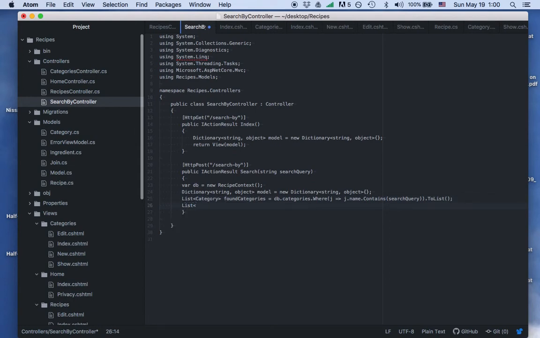We're going to do the same for recipe, found recipes, database.recipes.where, and we say j fat arrow